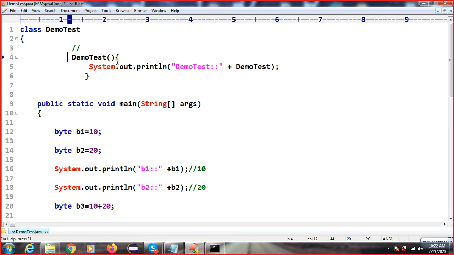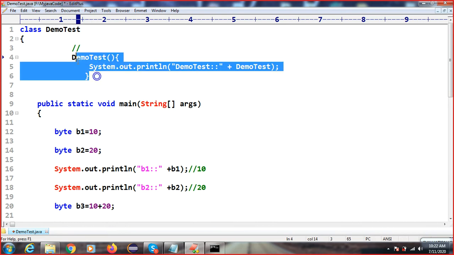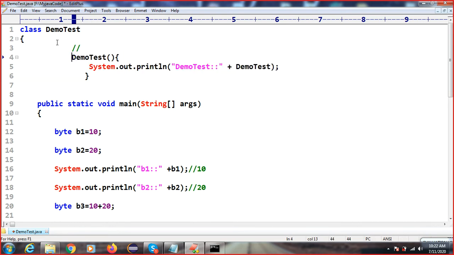So here, how to define this user defined class? This is the user defined class. We have defined this, but we have many predefined classes and interfaces if we go in the Java library. So this is the use of constructor, it is initializing an object. It will initialize an object whenever you are creating this class.